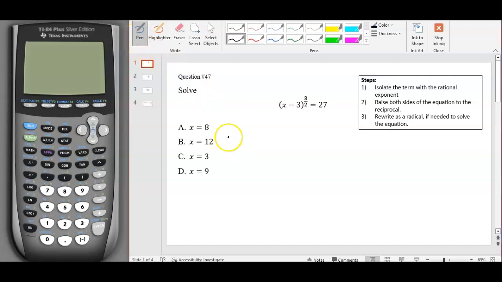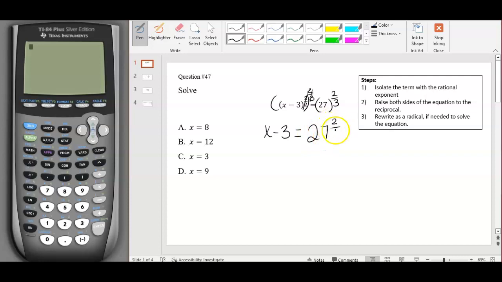So let's now continue working on the problems in this review. Here we need to solve an equation with a rational exponent. We can undo a rational exponent by raising both sides to the reciprocal power. So this 3 over 2, we're going to flip it and make it a 2 over 3. On the left side, that means the exponents are going to cancel, leaving us with x minus 3 equals 27